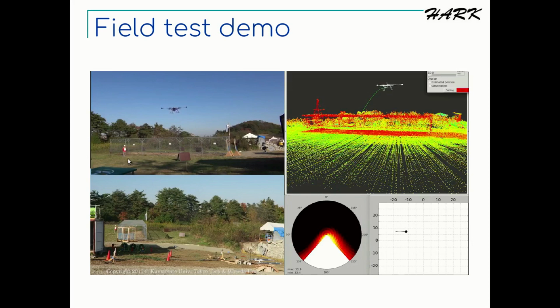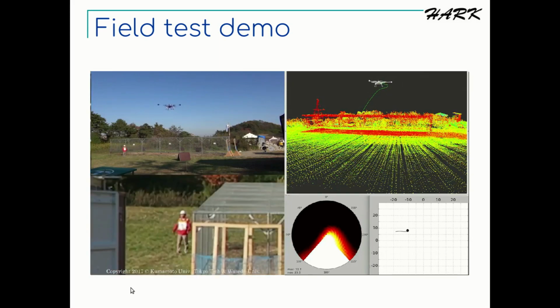The first target was the person who is going to shout from here, and you can see once he shouts, now you can see a very clear peak in the music distribution, so the system could find the rough location of the target around there. It's going to have more observations and fuse all the observations and estimate the actual position of the sound source, plotting that as a blue dot here and also in the 3D point clouds as shown here.